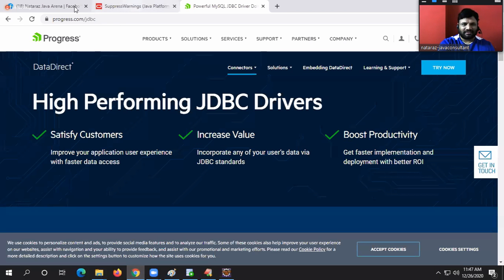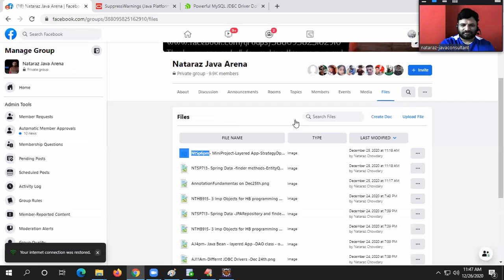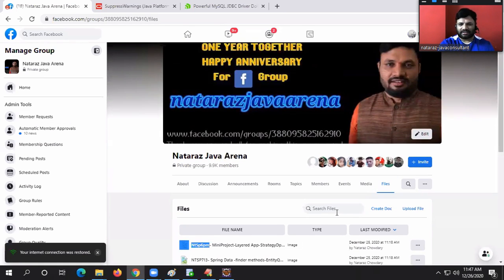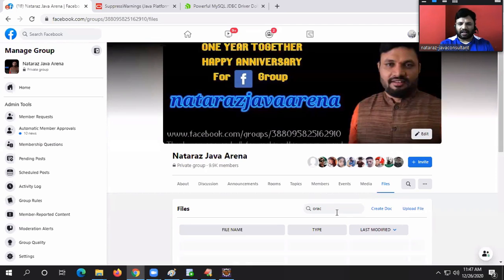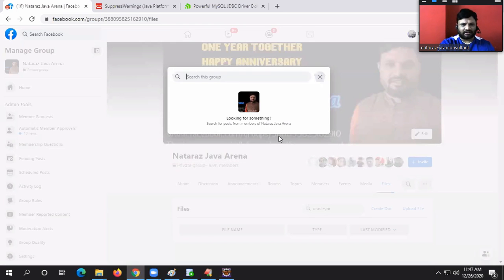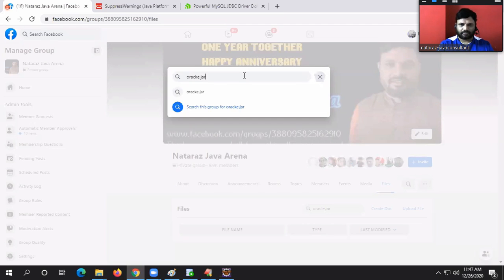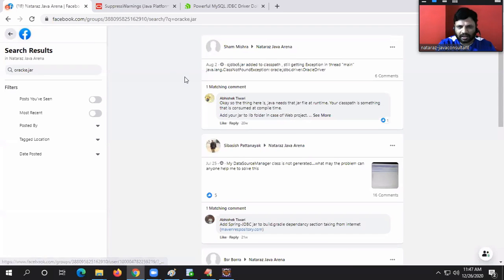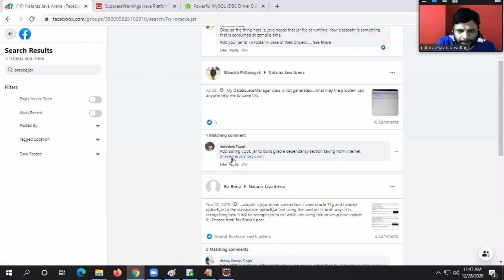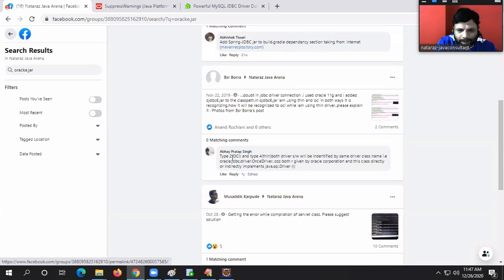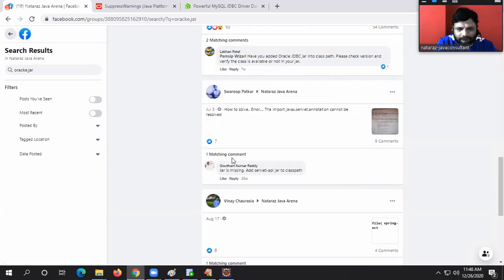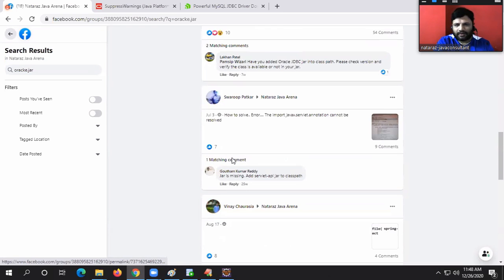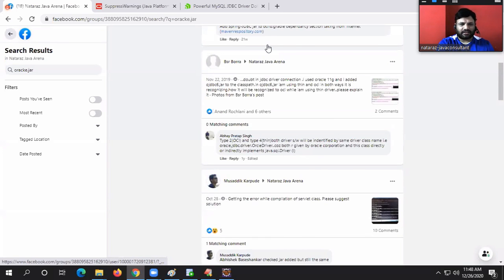Okay, see this, Facebook.com. Search for the jar file. Search for it. Looking for something? Yes. The jar is not coming directly.